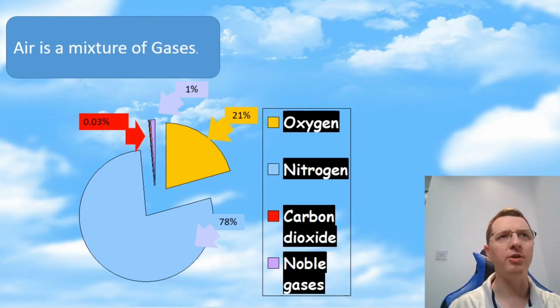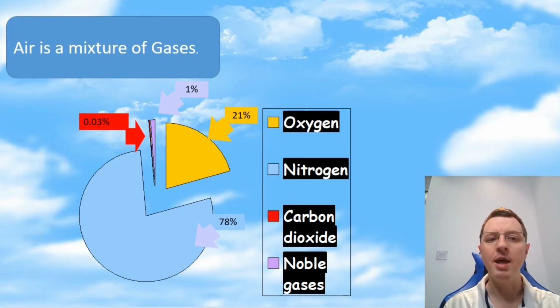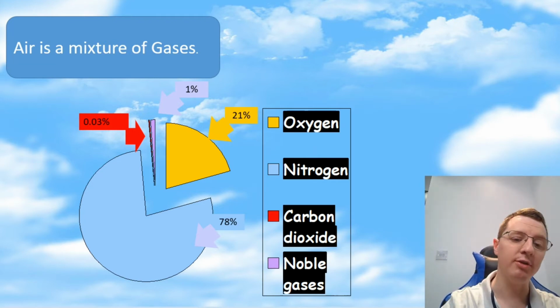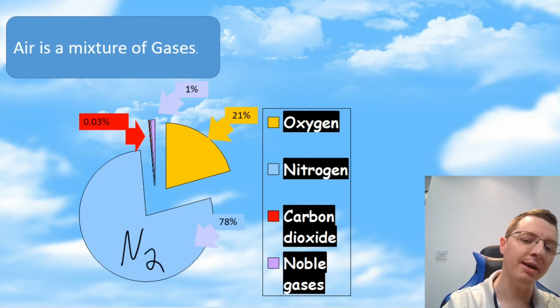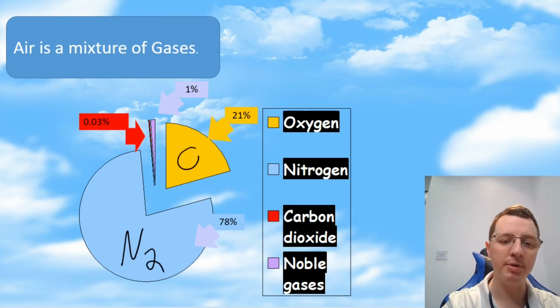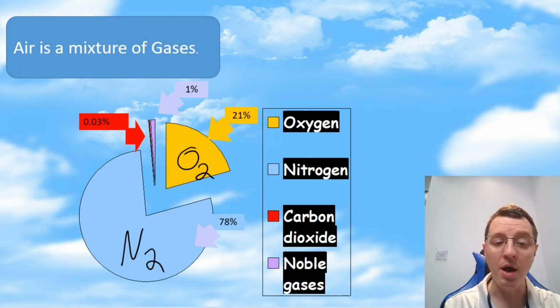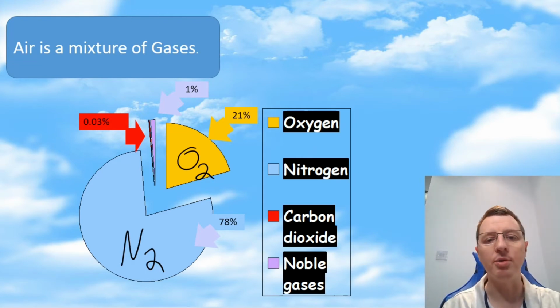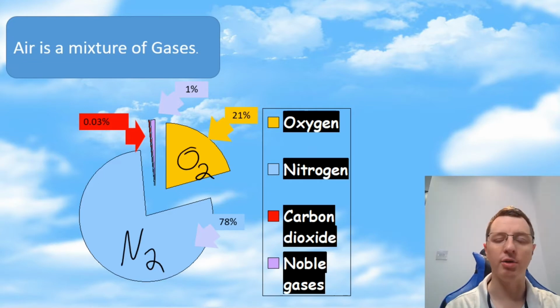So before we start, it's important to understand that air is a mixture of gases. In fact, 78% of the air that you breathe into your lungs is actually nitrogen. Only 21% is oxygen, and then the remaining 1% or so is made up of noble gases and gases like water vapor, carbon dioxide, and some of the pollutant gases that we're going to talk about today, like sulfur dioxides, nitrogen oxides, and carbon monoxides.